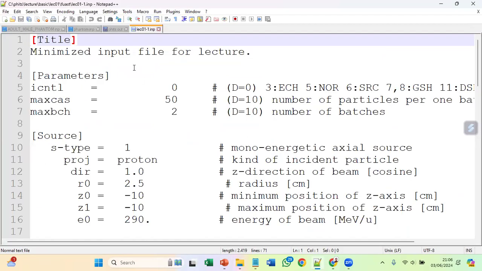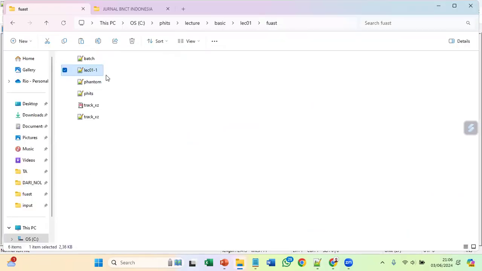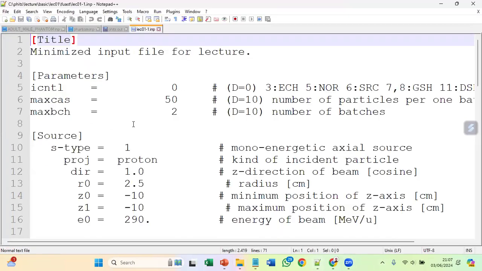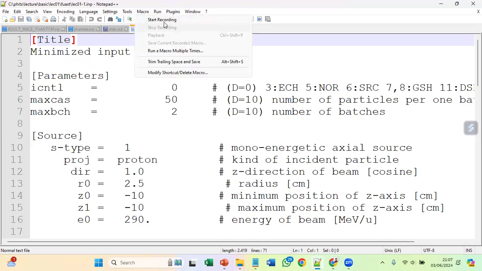This is a simple geometry, and I will delete all other output. So this will only be our file, the lecture, the newest one that I just copied, and the phantom that we just discussed. So when I run this code,